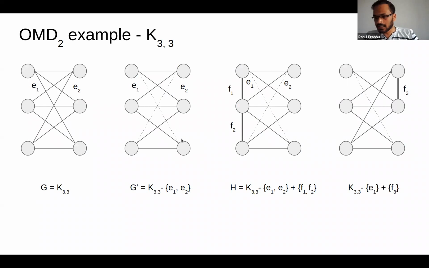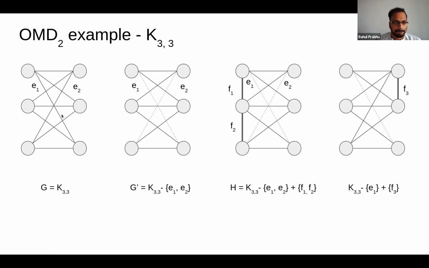So let's do an example to see how this works. You have your original graph. This is a K33. And as you can see, this does not have any decomposable portion. If I were to split this up, I think I'll only get edges. I don't think we even have triangles here.